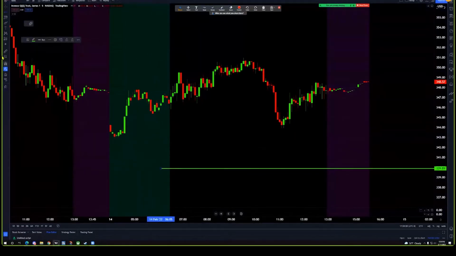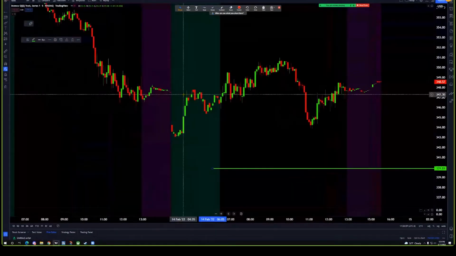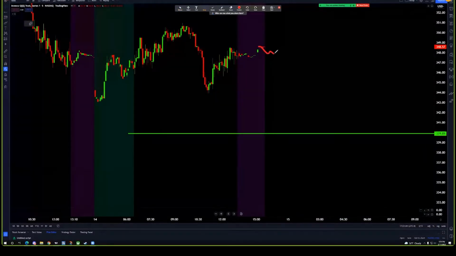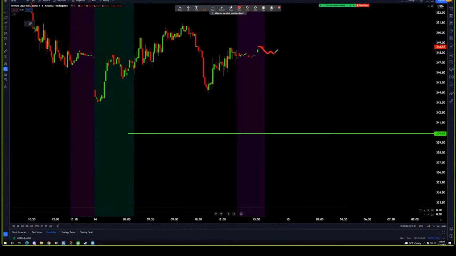That shows you that there's a lot of calls at that 340. Well, the stock right now is kind of way above it. Well, it's in the market maker's best interest to take the stock below that price, right? He wants it below that 340 because he wants all those calls to expire worthless. If he holds it and it stays all the way up there, well, he's going to have to pay out